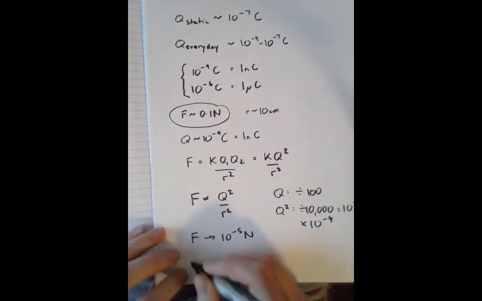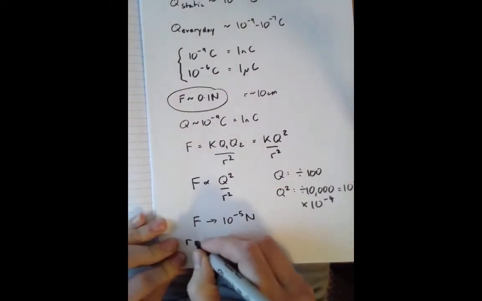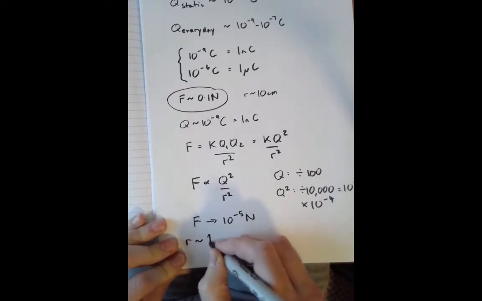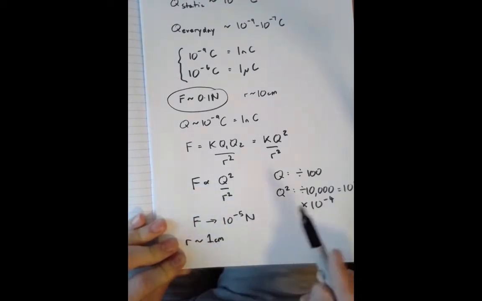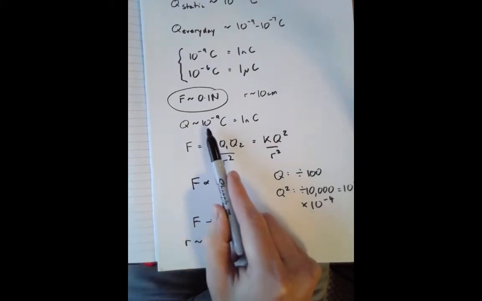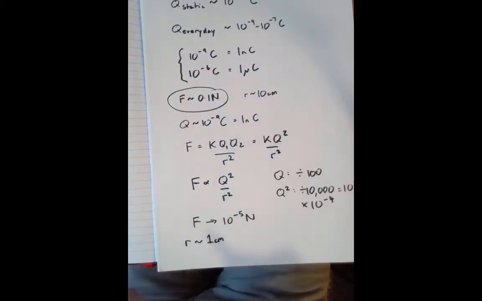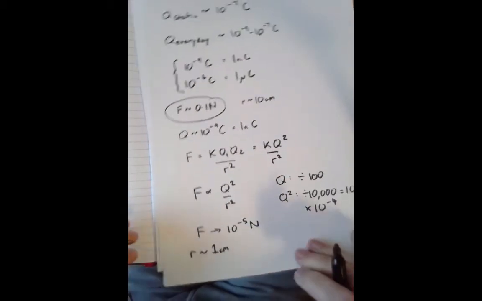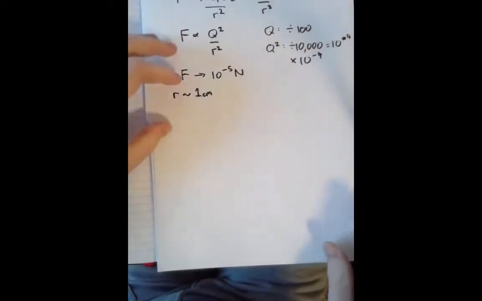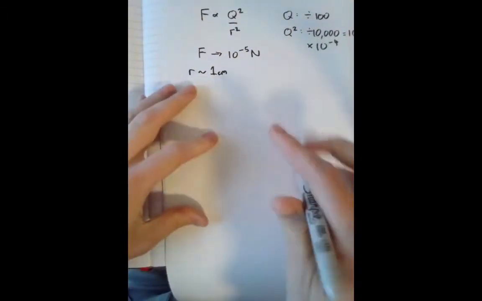Okay, what happens if R is 1 centimeter now? Okay, we keep Q fixed at 10 to the minus 9 coulombs. We change R from 10 centimeters to 1 centimeter. Well, we've gone down by a factor of 10. Okay, so again, looking at the